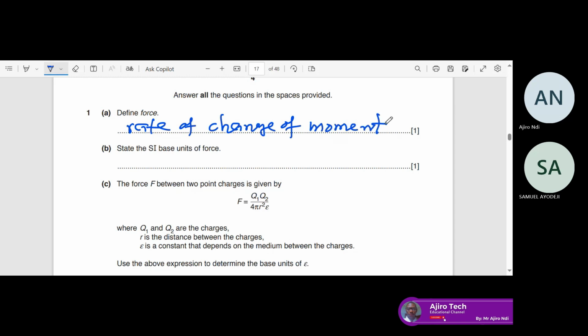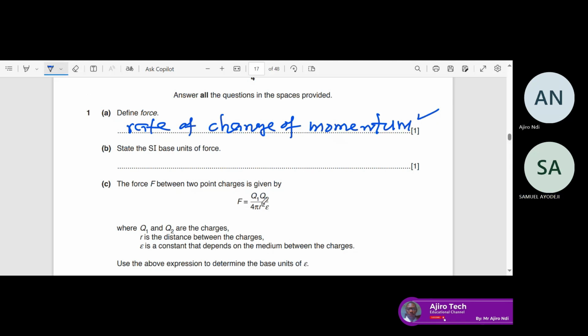So why can't I say mass times acceleration? It's not correct, it's not accepted. Take note of that. Because you see in some paper one, both of them are given as options, maybe option A, option B, mass times acceleration. Two of them are together in the options, so you should know it's not correct. So according to this, the correct one is